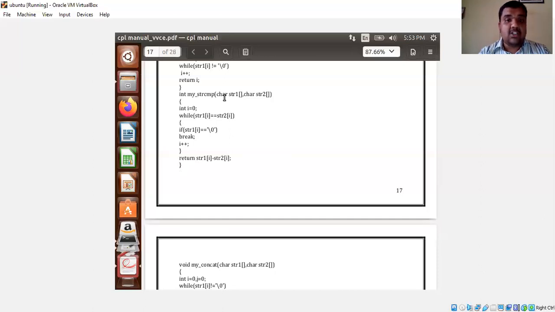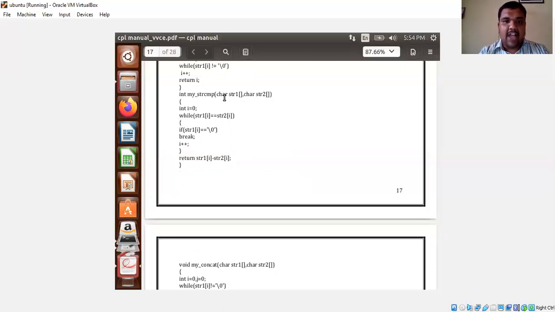If that is not the condition, then it is going to return str1 of i minus str2 of i. Next, i plus plus. Once again, i gets incremented to 1. str1 of 1 equal to str2 of 1. That means we are comparing the next position of string 1 with the next position of string 2.